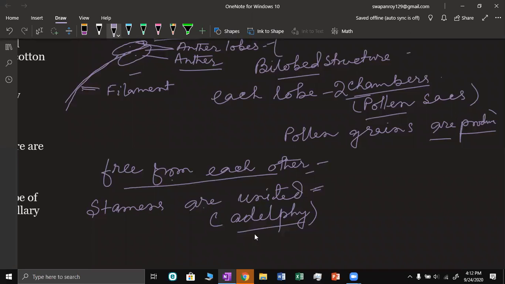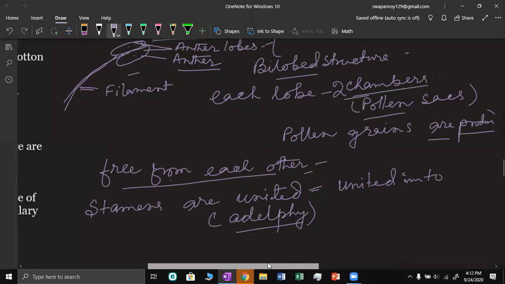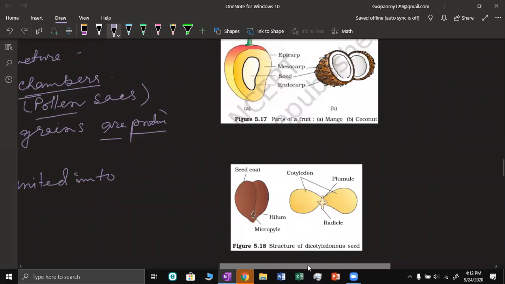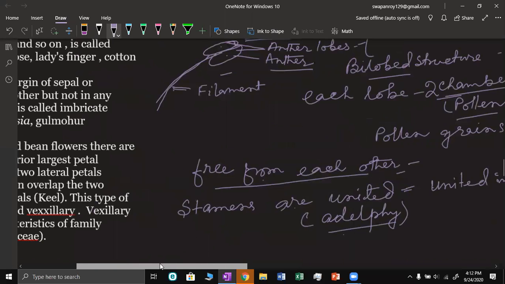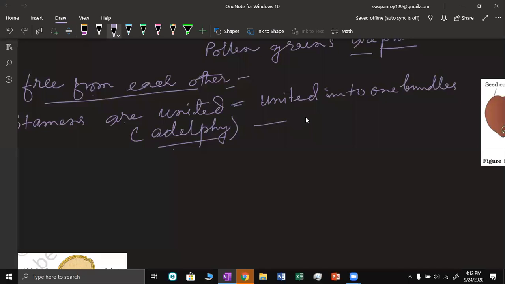So in the adelphous condition, if it is united into one bundle, this one is called mono